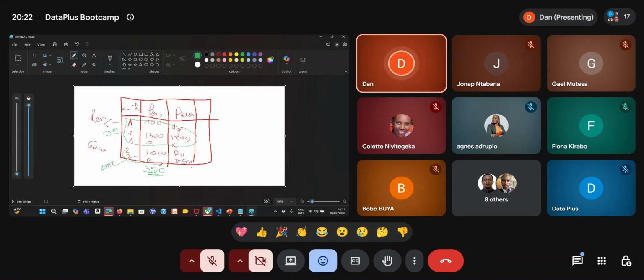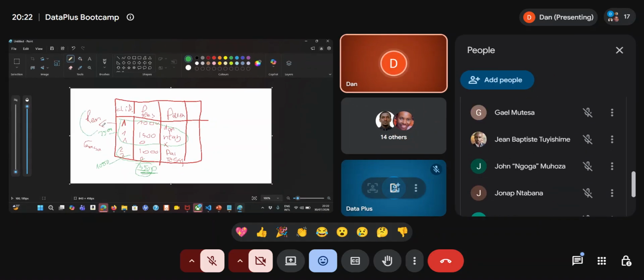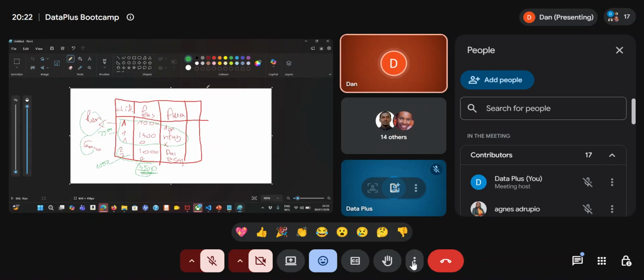Now, instead of doing just a sum, you are doing a sum, but you need to aggregate to get it for each clinic. That's where you use group by. You are grouping. So you're saying, I am doing a sum, but it's not a general sum. It's a sum grouped by the clinic ID, because you want to know by clinic. If you want to know by patient, you do by patient, but you want to know by clinic. So at the end of the day, if you just do a group by,